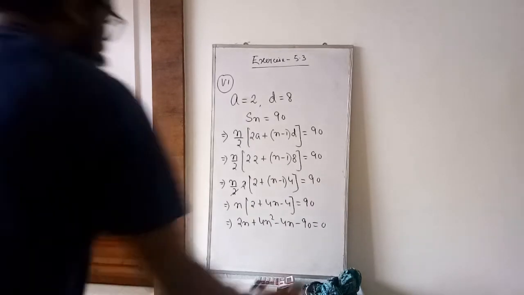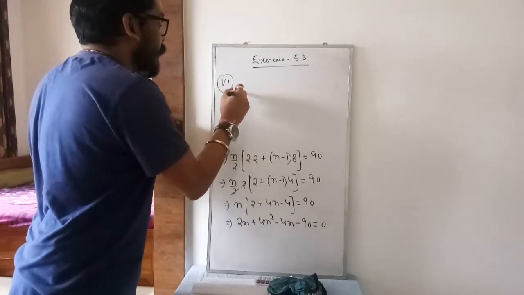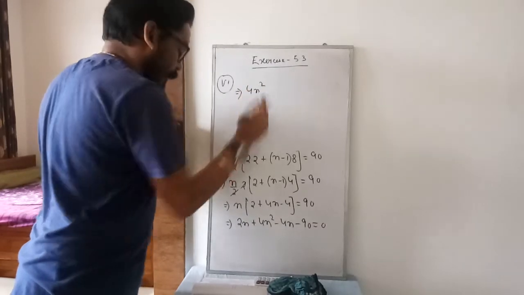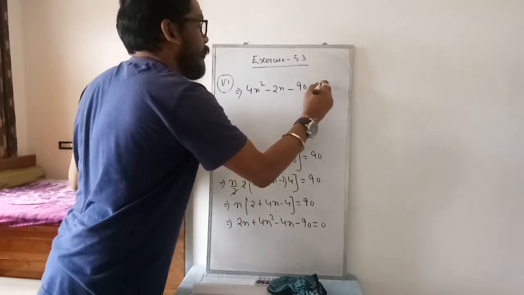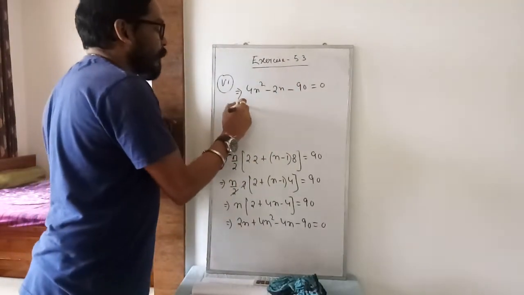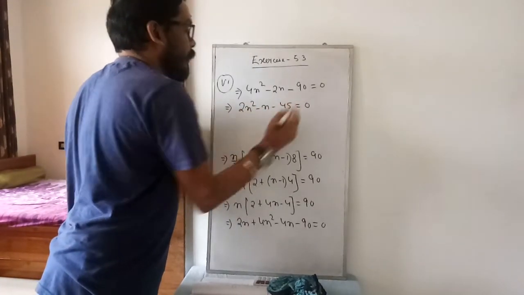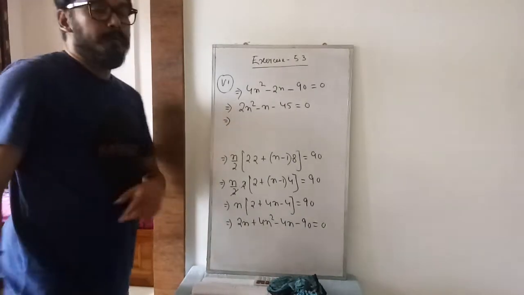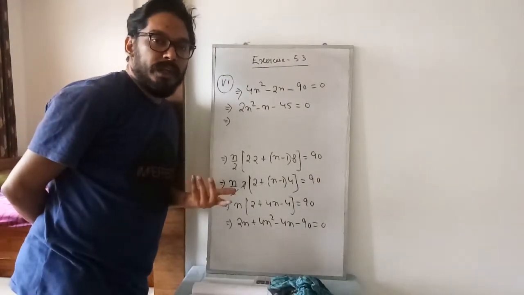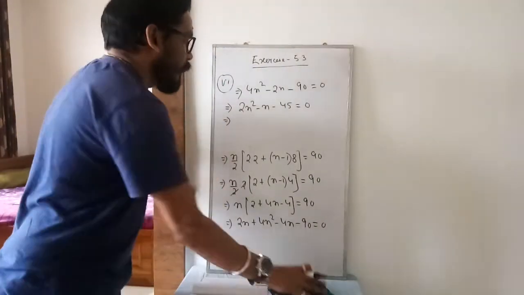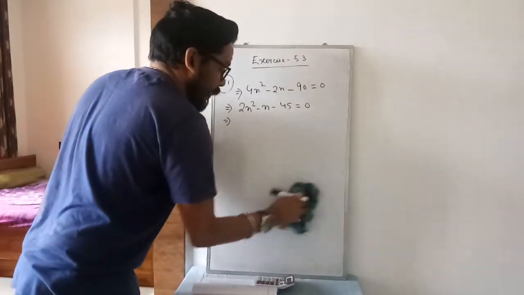Okay. So what can you do now? You will arrange it as per degree. So 4n squared plus 2n minus 4n minus 2n minus 90 equal to 0. The complete equation you can divide by 2. So it is 2n squared minus n minus 45 equal to 0. You can go for the quadratic formula also, because here the highest power is 2. Whenever the highest power is 2, you can automatically use the quadratic formula, and you will find the value of the variable n. I will go for the middle term.